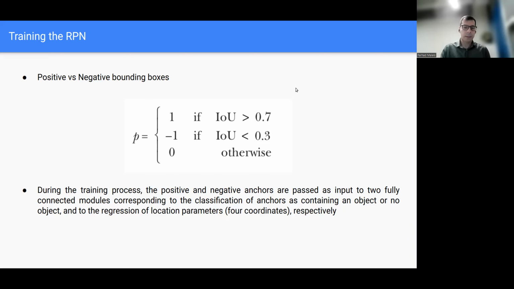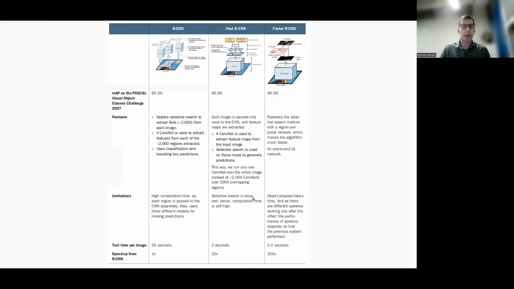You see here that anything between 0.3 and 0.7 is not penalized. So little by little, I improve the predictions for those that are already correct, and I penalize those that are off to move them toward this higher region. This is how the training of the region proposal network works.